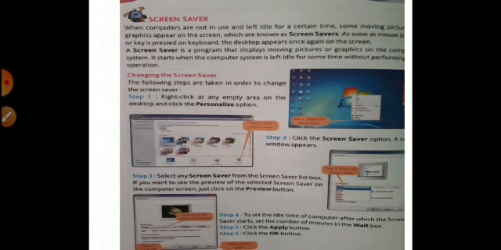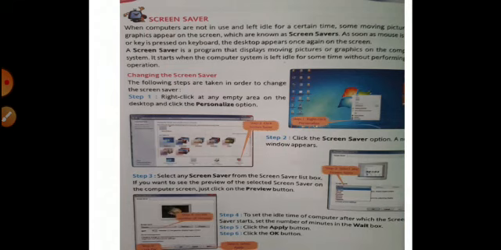Then desktop background, we have talked about what a desktop is. What is a desktop, students? Yes, it is the screen that appears when we switch on the computer, or this is the Windows operating system. Then we studied how to change the desktop background.